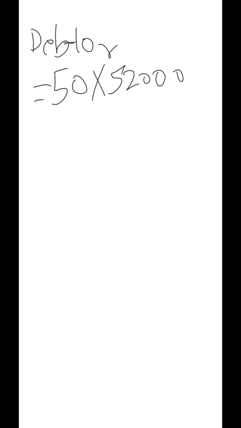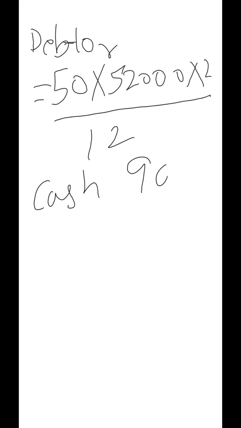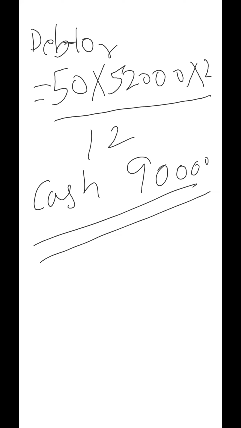Now how much credit is allowed to the debtors? That is 2 months. So that is equal to 2 divided by 12. This way you have to calculate the debtors. Now the last part that is given is cash balance expected to be 90,000. Cash will come as it is, 90,000, because it is part of current assets. With this our current assets are finished.